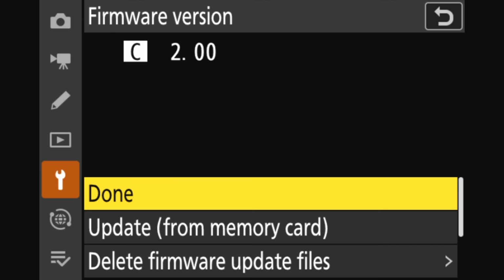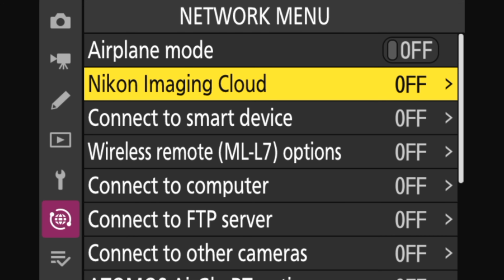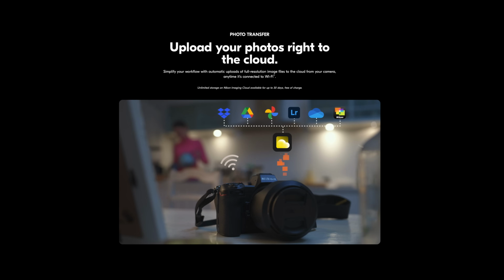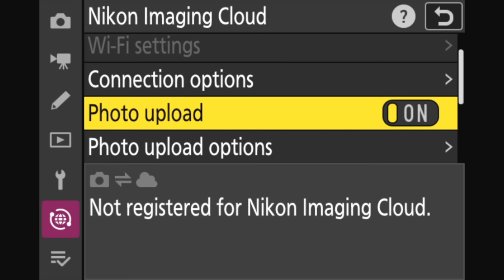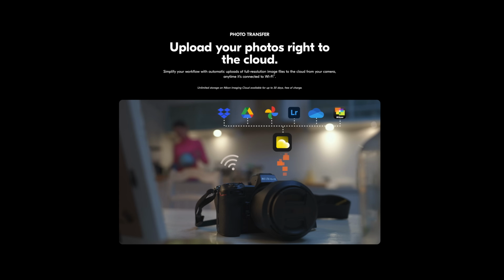First cab off the rank is Imaging Cloud, which gives us the ability for our camera to automatically upload images to the cloud once we are on a Wi-Fi network. Now, Nikon allows you to have it on their servers for 30 days for free, and then it can go from their servers to services like Dropbox or Google Drive, etc. This is a great tool, and what this means is no cables, and you don't have to remove your cards